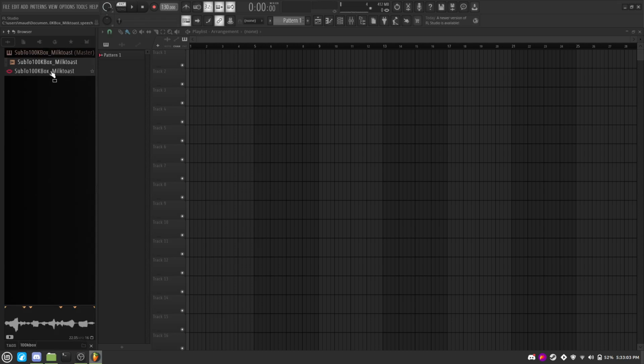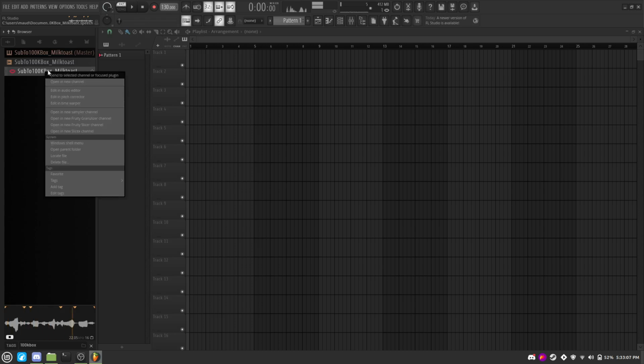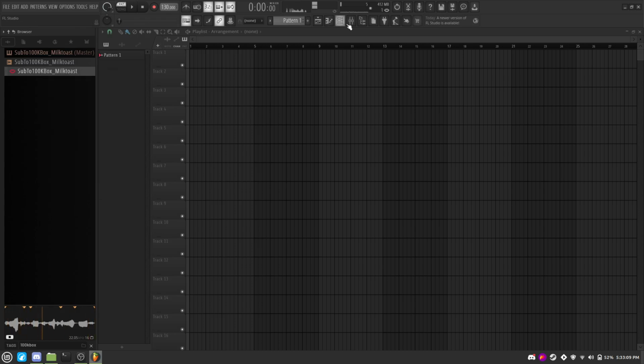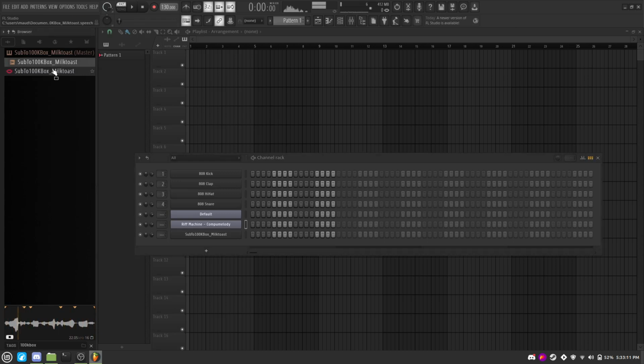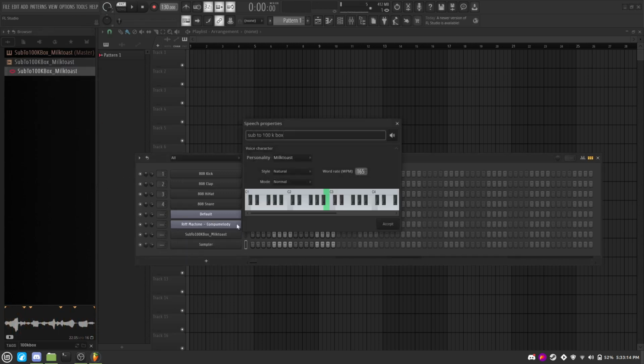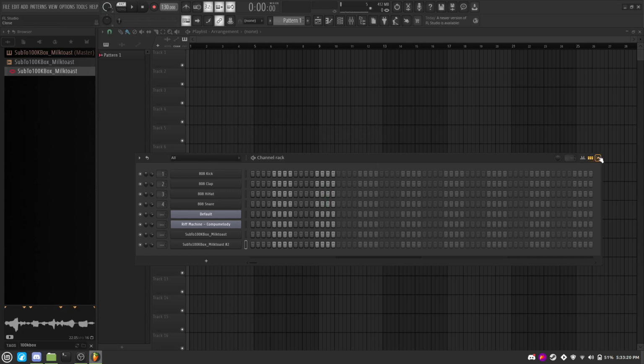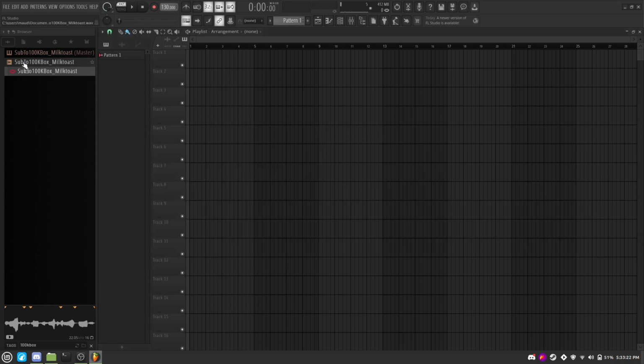So you look it up here, and you have the dot speech file, which you can directly edit, as you can see here, and like change the properties, and you also have the already rendered out audio